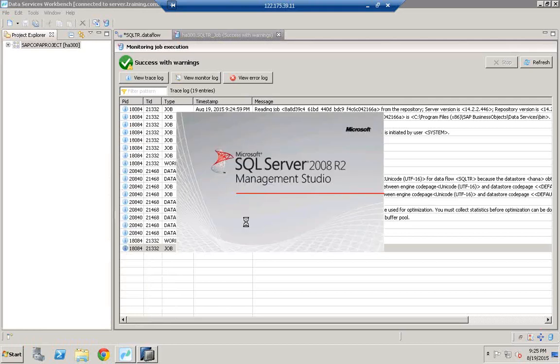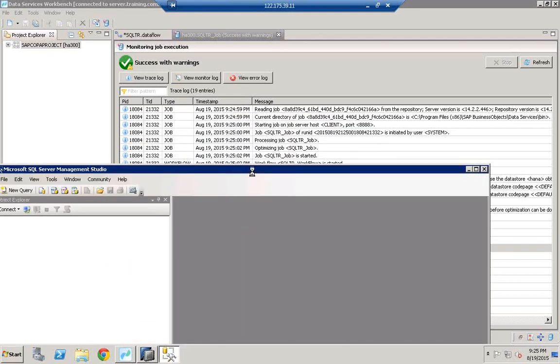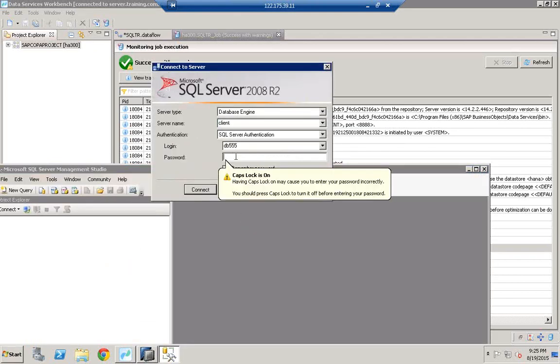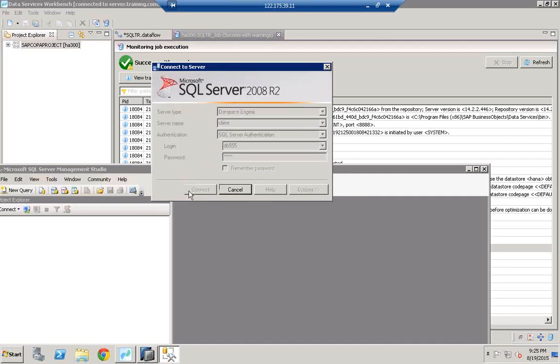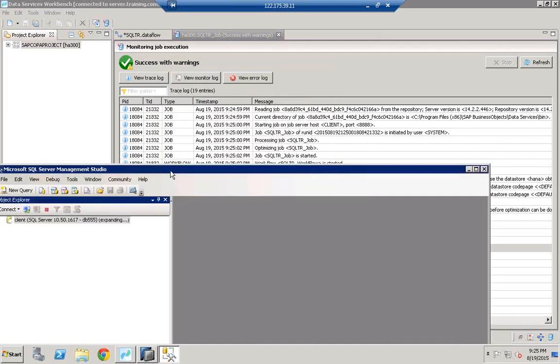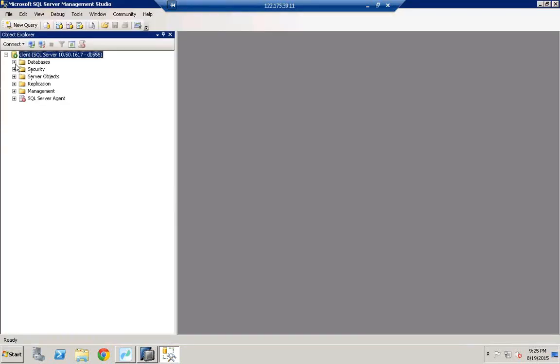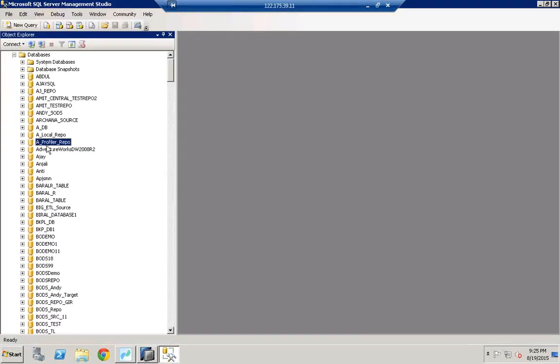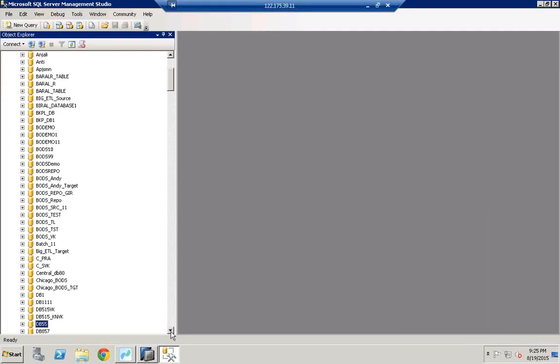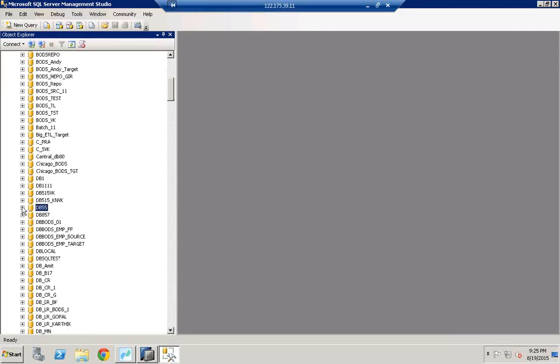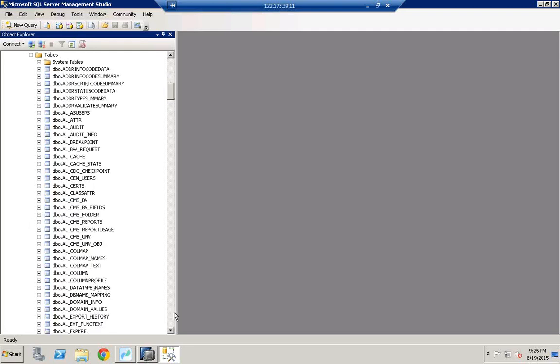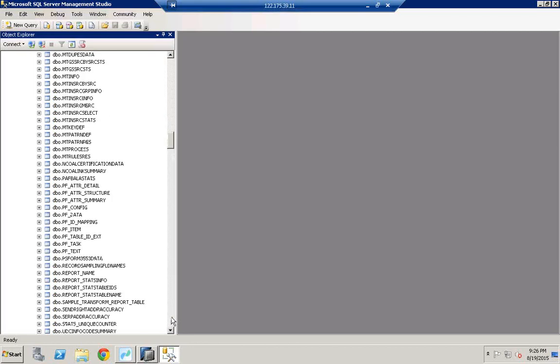So let us check for the table. DB555 and password is DB555. Click connect. Let's expand the database. Let's go to the database DB555. Expand database DB555. Expand tables. And here we would see, let us search for